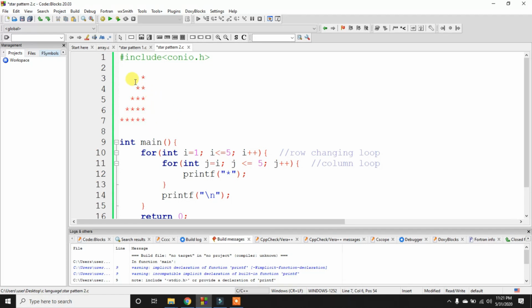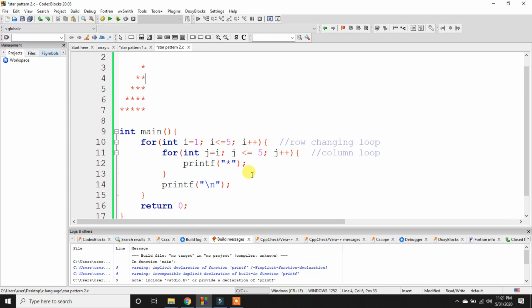Here we need to print 4 spaces, then 1 star, then 3 spaces, then 2 stars, then 2 spaces and then 3 stars, then 1 space and then 4 stars, and then without spaces we need to print 5 stars. Basically this is a kind of pattern. This is the mirror image of the pattern which we created in our first video.